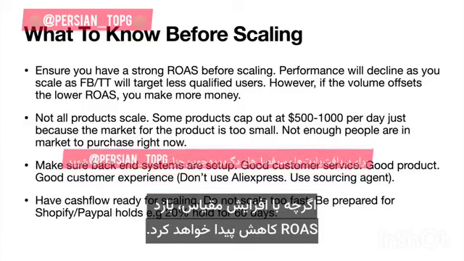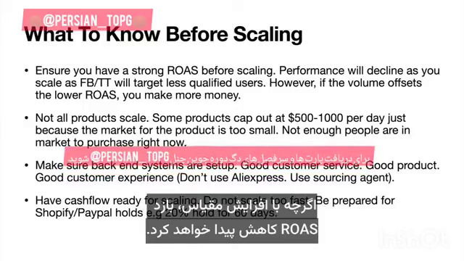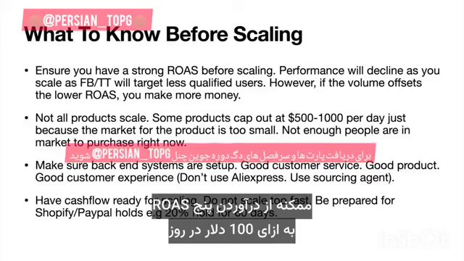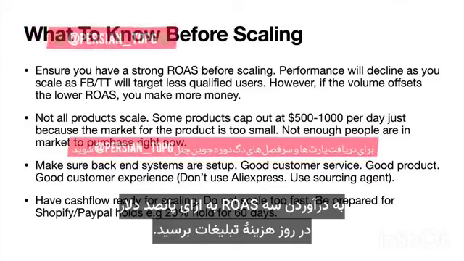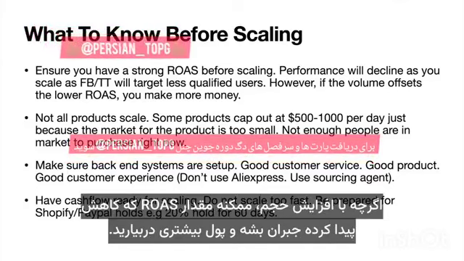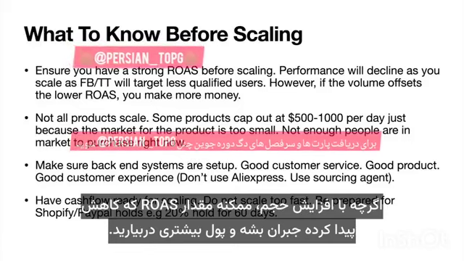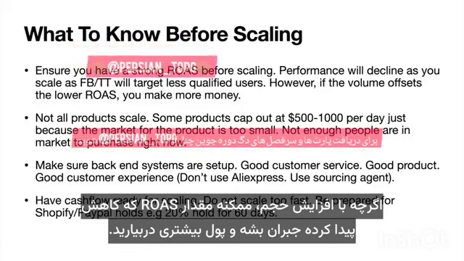However, once you start scaling, that return on ROAS will come down. You might go from making a 5 ROAS at $100 per day ad spend to making a 3 ROAS at $500 per day ad spend. However, as you're getting more volume in, if that volume offsets the lower ROAS, you will make more money.